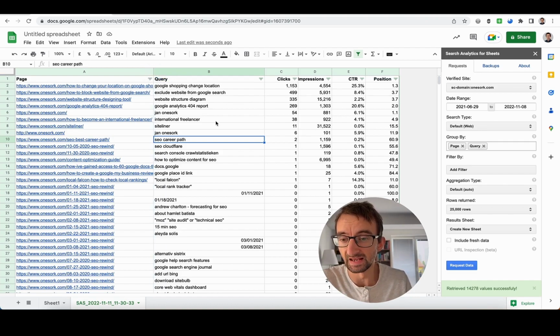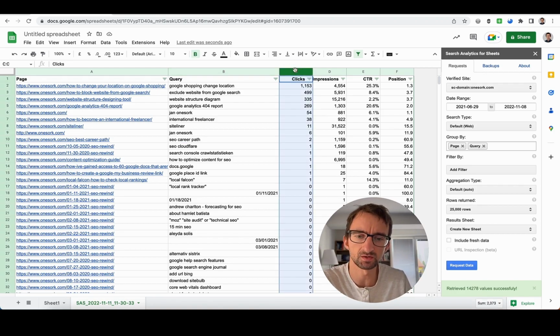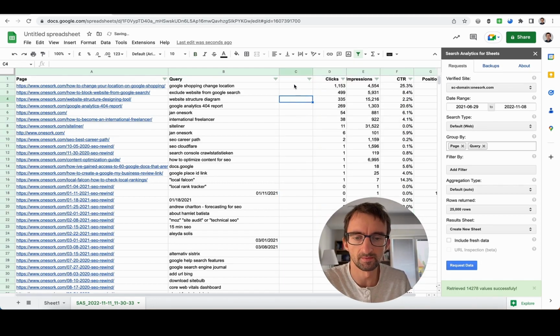And let's say we want to compare these keywords with page titles, right? To make sure that they are properly optimized. So we can do that very easily in Google Sheets. We can just create a new column, and if we want to import page titles into Google Sheets, we can